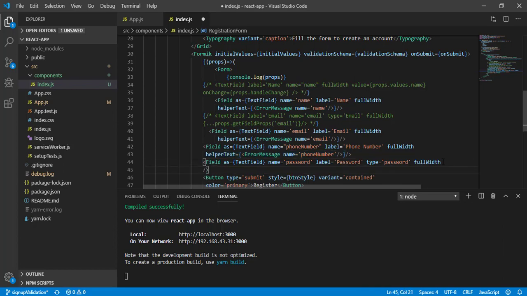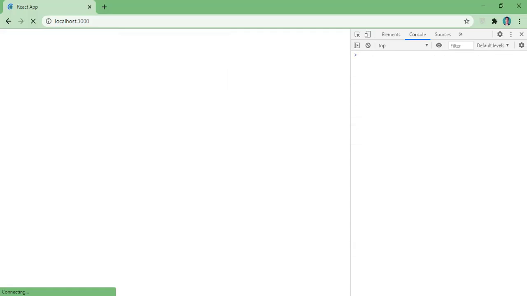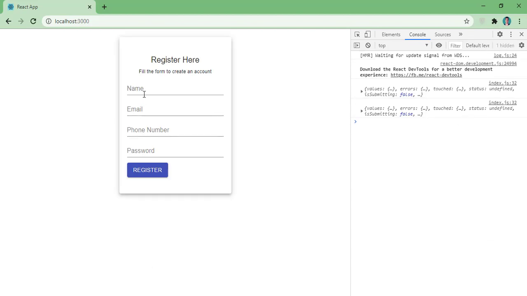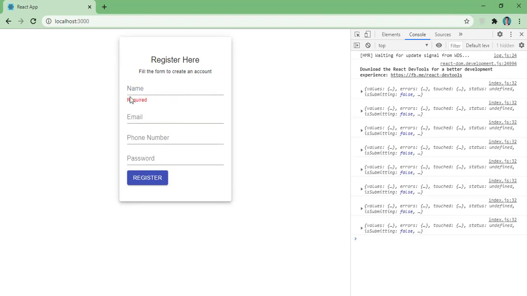Let me break this line, paste it here, and replace this name with password. Now save it, and let's come to the UI. Come to the name and come out. So you can see here we have this required field.